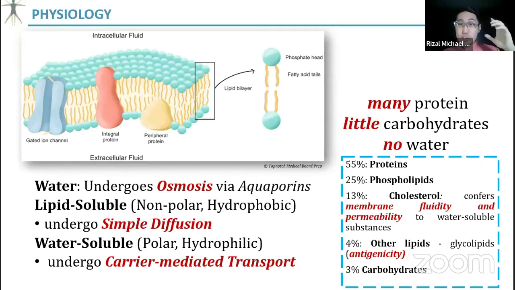That is because the phosphate head is hydrophilic. However, the middle of the membrane is hydrophobic. So a water-soluble substance only goes as far as the phosphate head, because the head is water-loving. It can't pass all the way through because the middle is hydrophobic, so it now uses integral proteins. That is the concept of lipophilic, hydrophobic, and hydrophilic.